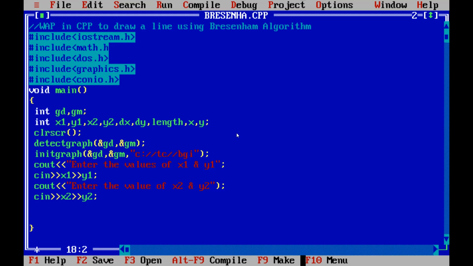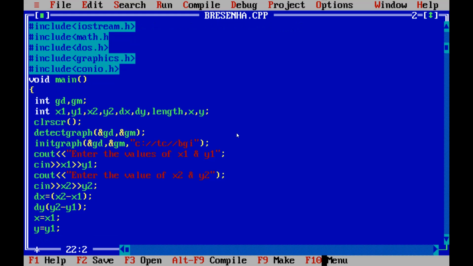Next we have to find the delta x and delta y. So delta x is equal to x2 minus x1, and for delta y we write y2 minus y1. The next step is assigning the value of x1 to x and y1 to y, the initial value, the starting point of the line assigned to the x and y point.